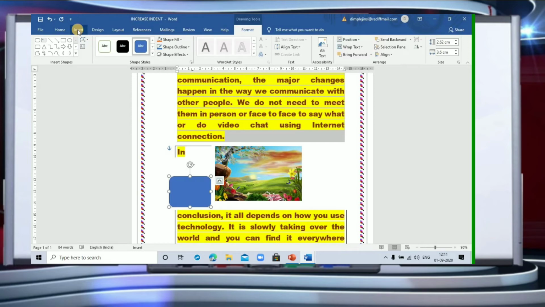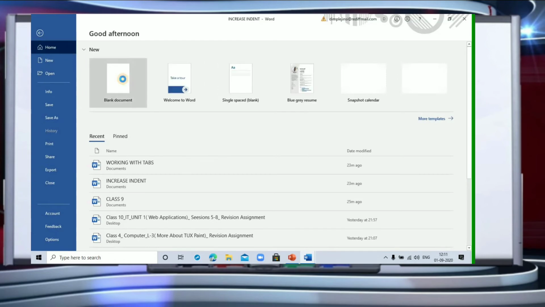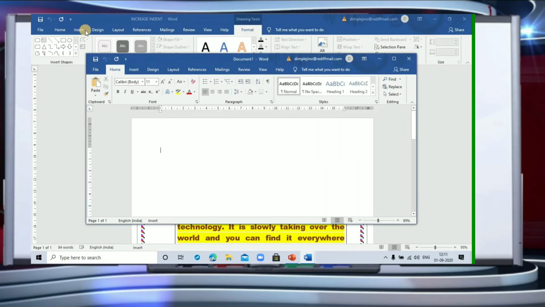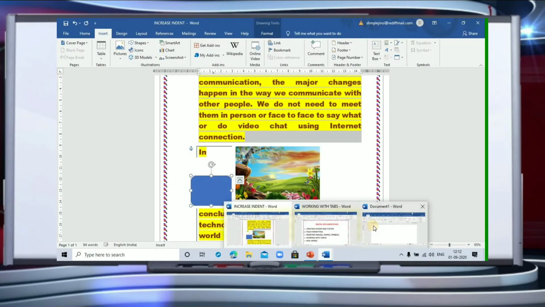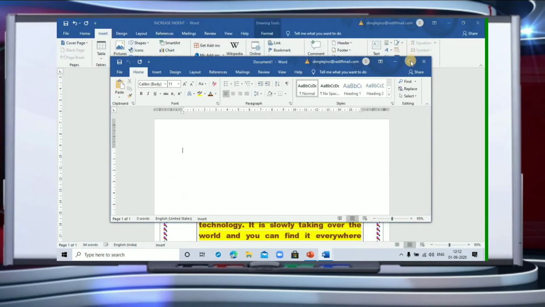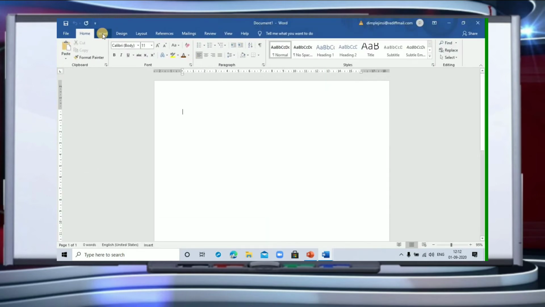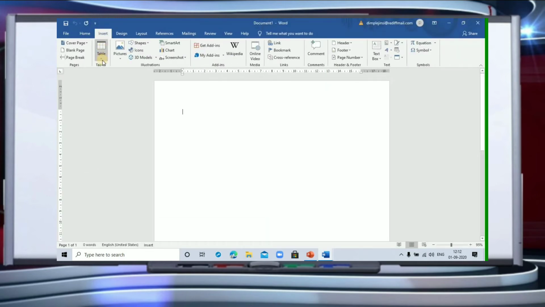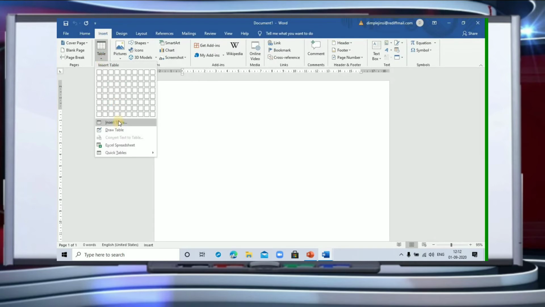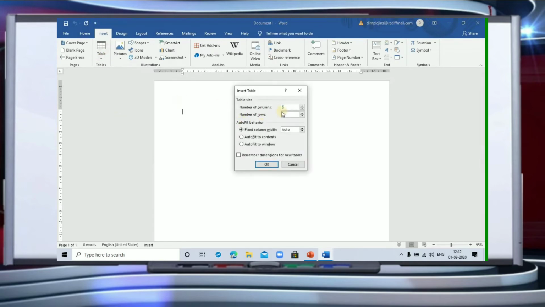Now if I go to another page, maybe I'm going to choose a blank document, and then I'm going to go to insert. Let me see, where is the document? Blank. I'm going to pick my blank document. Okay, I'm going to go here again, to table, and now to insert table. Here it is going to ask me the number of columns and the number of rows you want. Suppose I want 5 columns and maybe 5 rows. So I'm going to click OK.